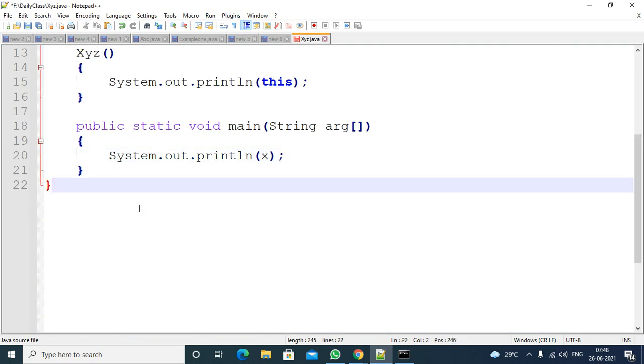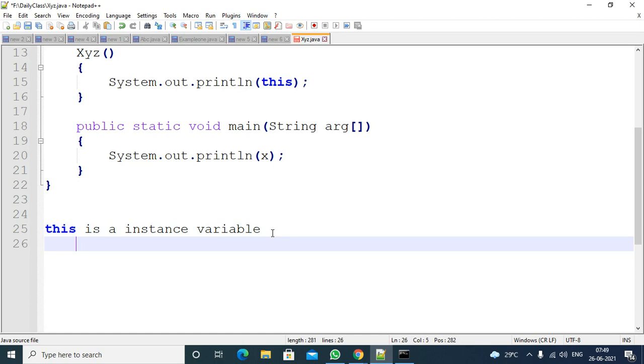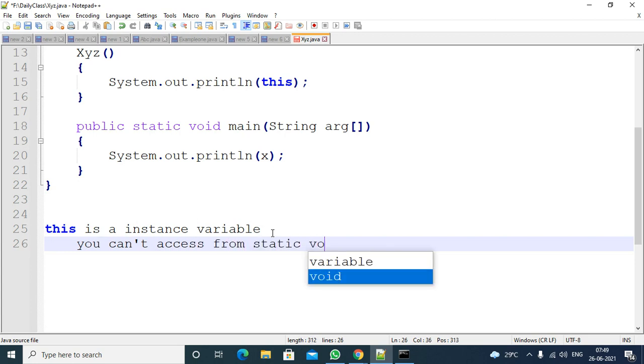So this means this is a variable. Consider this is an instance variable. First point, this is an instance variable, and you cannot access it from a static context.